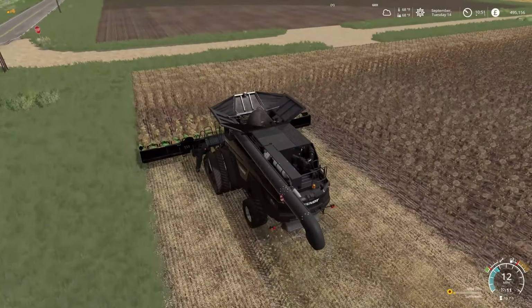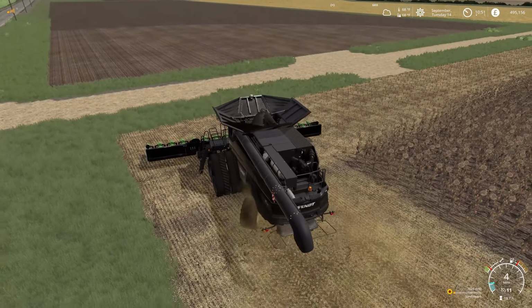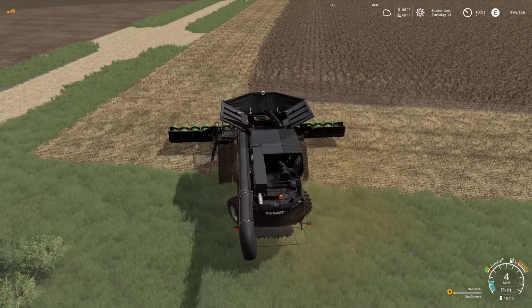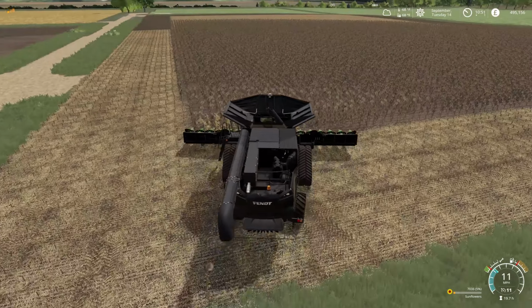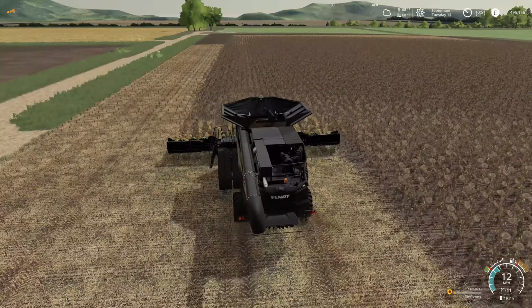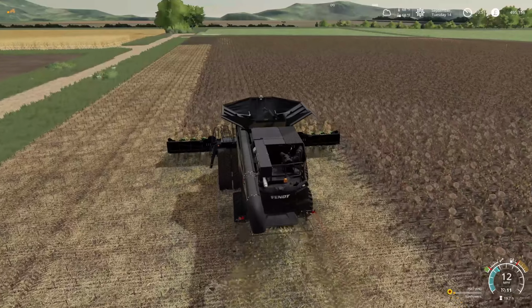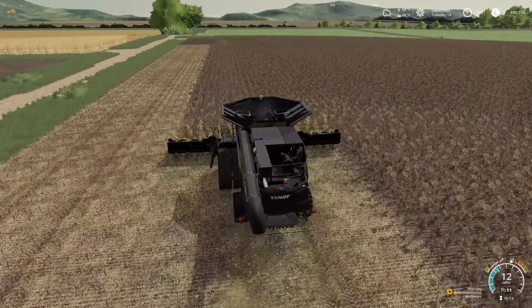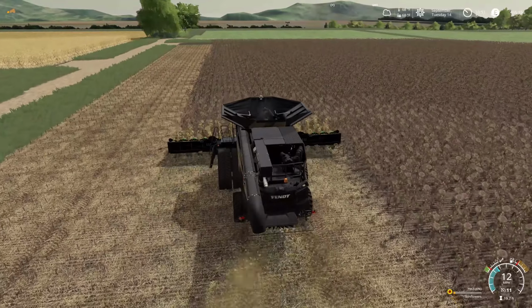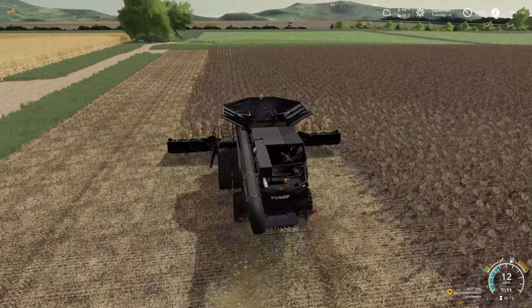So it wasn't like, I think Giants initiated that contract to be, because you're not supposed to be able to take multi-mission contracts at a time. But that is a lovely little mod to have, I'll say that much. As you can see, we can just accept a whole bunch at once, and I can just send Frank from field to field to field, and not have to keep going in and take contract, collect, contract, collect. Pretty much this morning, when we woke up, all the fertilizing contracts were there,